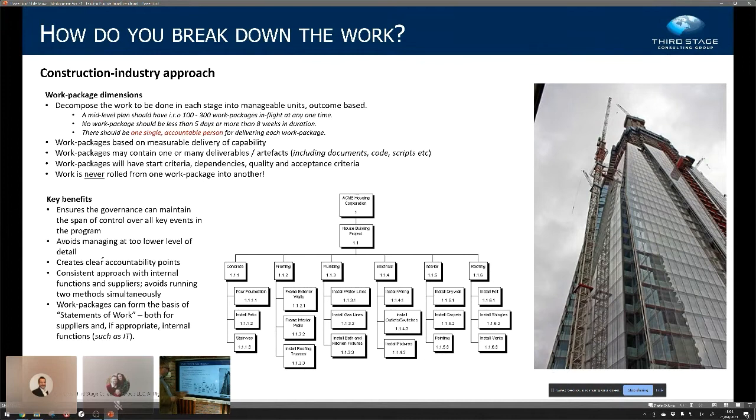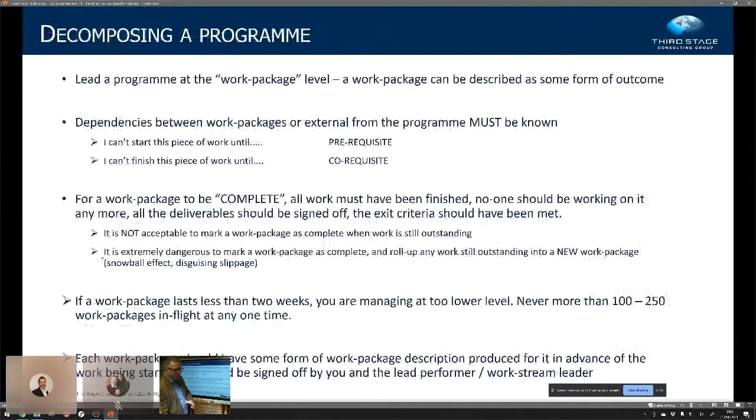And they've got to be measurable and they've got to be deliverable. So when I walk onto floor one, I want to see wires installed. And then when I walk in again, I want to see all the switches in the rooms. Okay, so that's work package. Very, very, very important concept. So rare that it's done well.